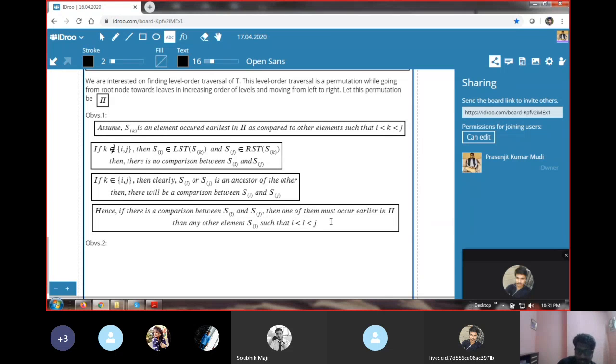So the element must be si or sj. So one of them, either si or sj, will be occurring earliest in pi as compared to all other elements sl, such that l is between ij. So only the terminal ranked elements will be occurring earlier in pi, the permutation pi. That's the point, right? So using that observation, we want to make another observation, that is